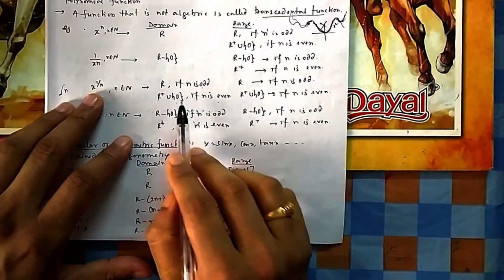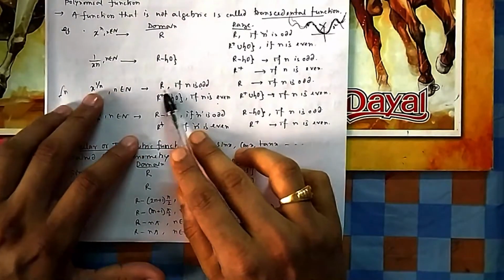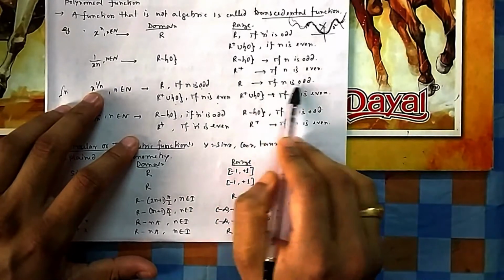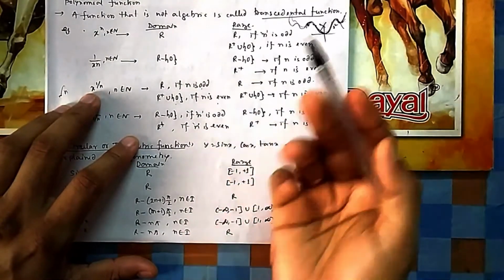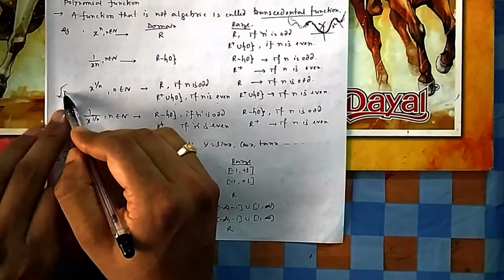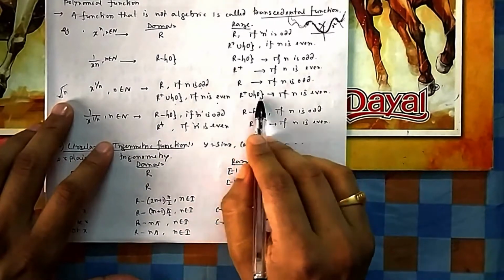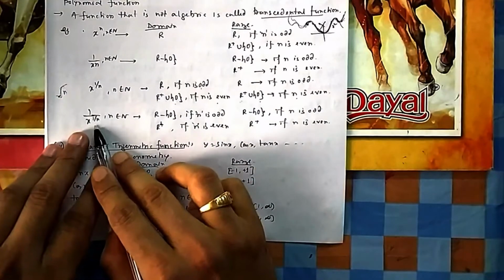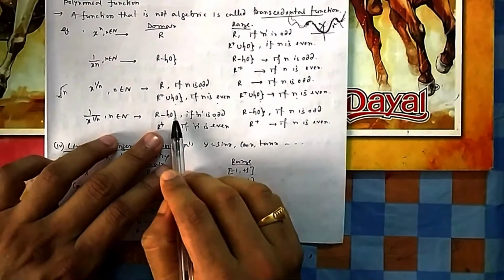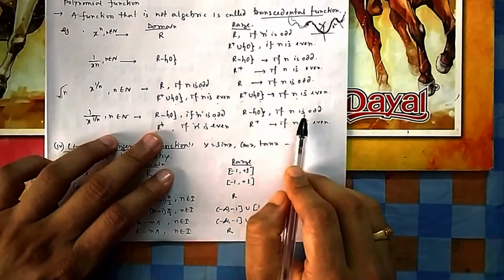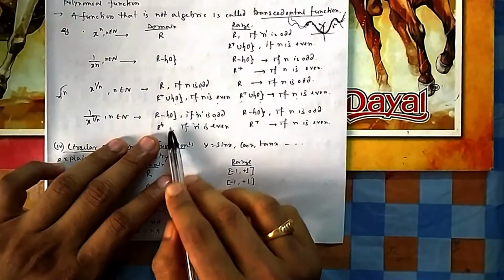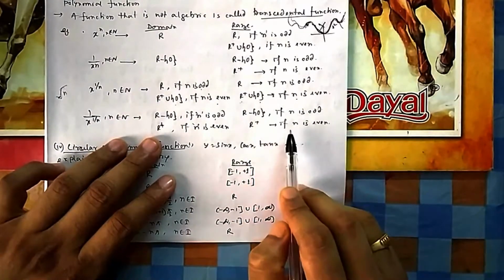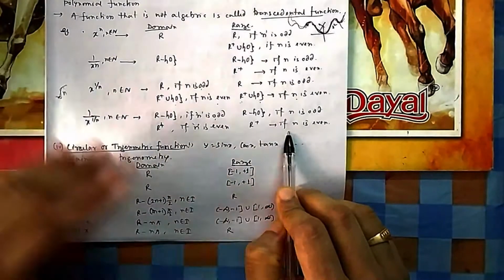That is possible here. Similarly in output, if it is 1 by 3, then any output can come, positive, negative. But if it is even, only positive output can come, because I told you root x generally we take positive values, including 0, because if you put 0, then 0 can come. Again 1 by this, so 0 will not come. In odd you cannot put 0, in output also you cannot get 0. Here you cannot put 0, only r plus, so output can also be not equal to 0, so it will only be r plus.